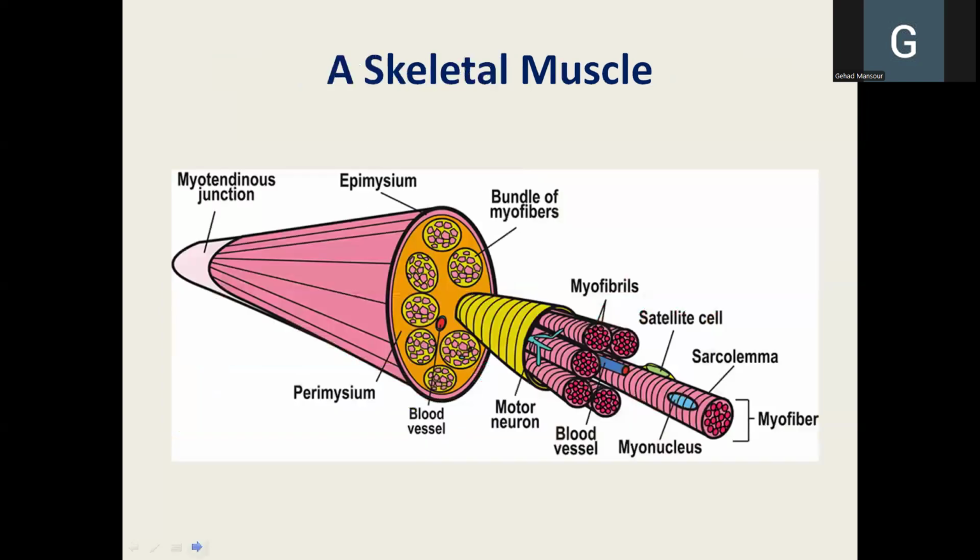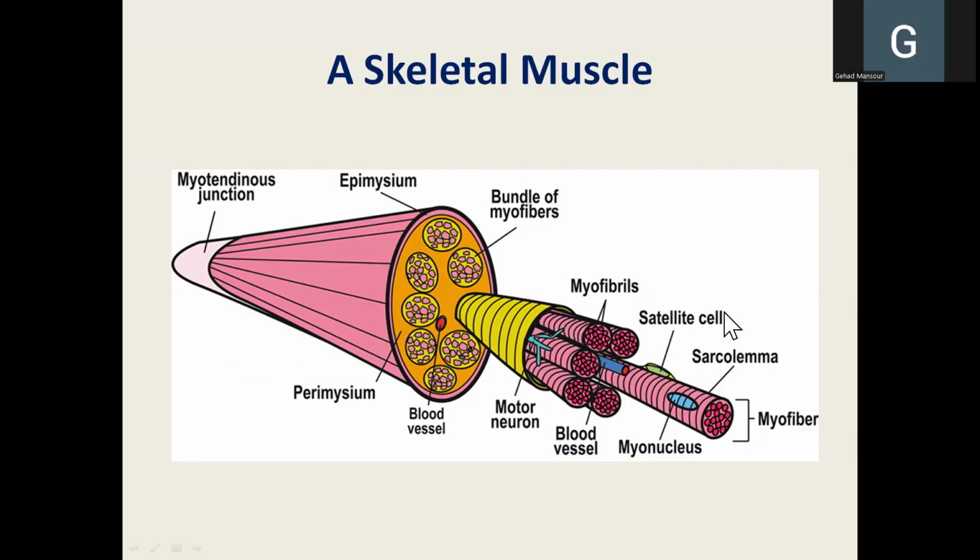Of course, all this is important in scientific terms. Again, here we have the myotendinous junction or the tendon, the connective tissue epimysium, the connective tissue perimysium. Of course, there is merging between here, for example, you can see merging between the perimysium that extends around the bundle and the epimysium that surrounds the muscle. So if I ever ask you to label this, you can say perimysium or epimysium, both will be correct.